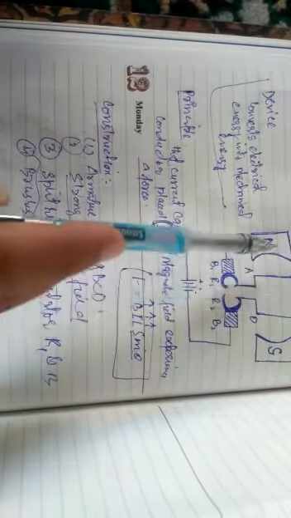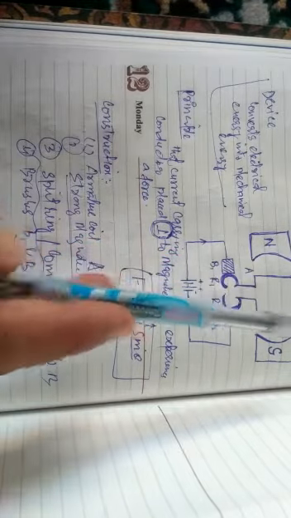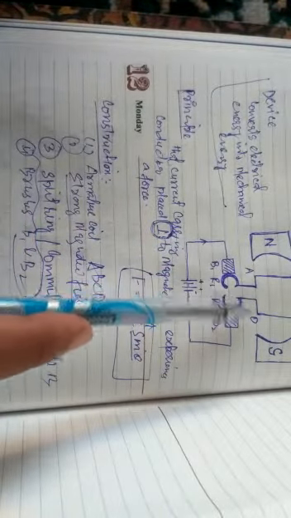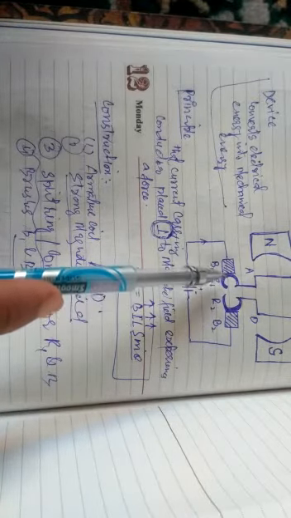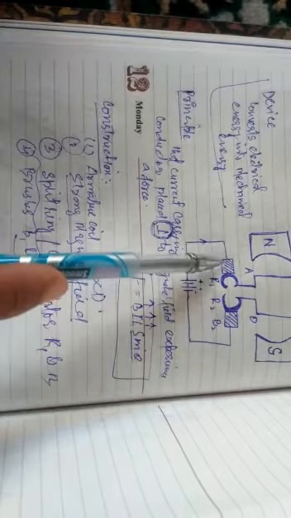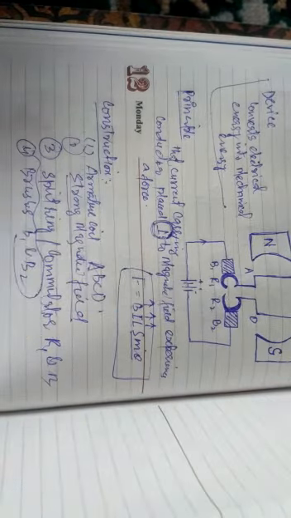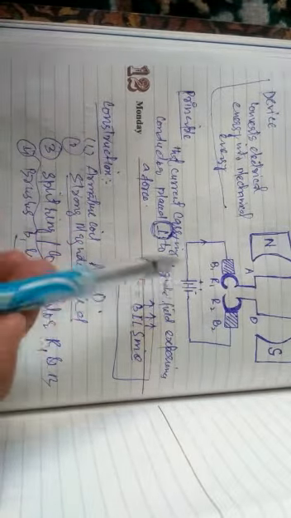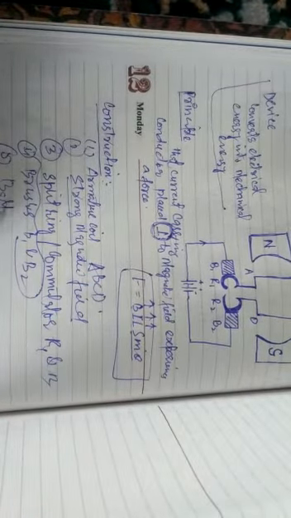Simple. An armature coil, a strong magnetic field. Armature coil is made up of insulated copper wire, which will have a large number of turns. They are wound on a soft iron core, and placed in a strong magnetic field. The ends of the armature coil are connected to the commutator R1 and R2, which are connected to the brushes B1 and B2. The brushes B1 and B2 are fixed at their position, and then we have the battery, which is going to provide current in the circuit. So this is the fifth one, the battery.